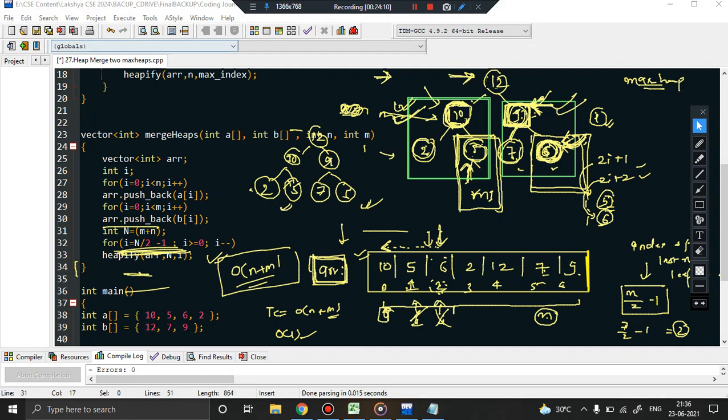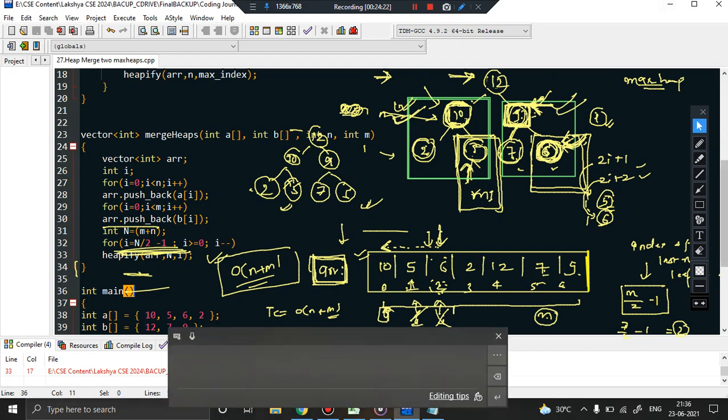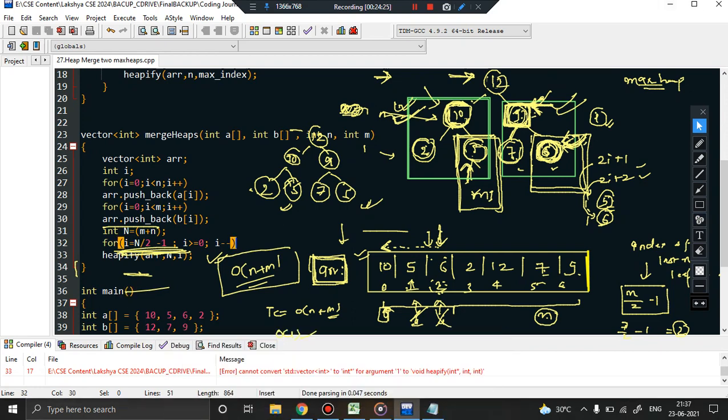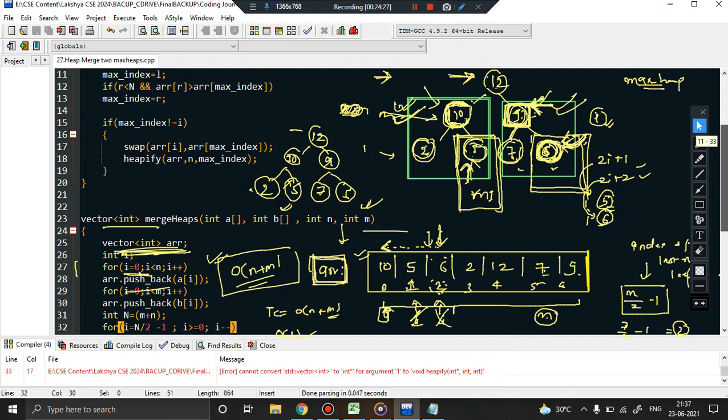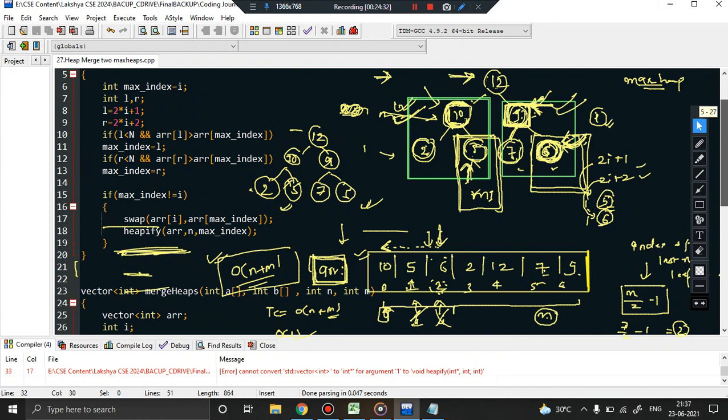So now let us compile and execute this code and see if it is working fine. I hope I'm not making any silly mistake. Alright, so here is a slight mistake, let me just rectify it. So I am calling the function with array and max index, right? So integer array, integer and integer max index, that is fine.